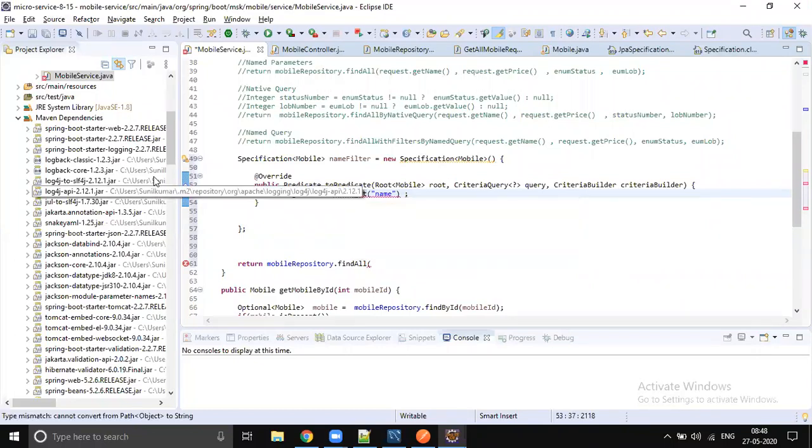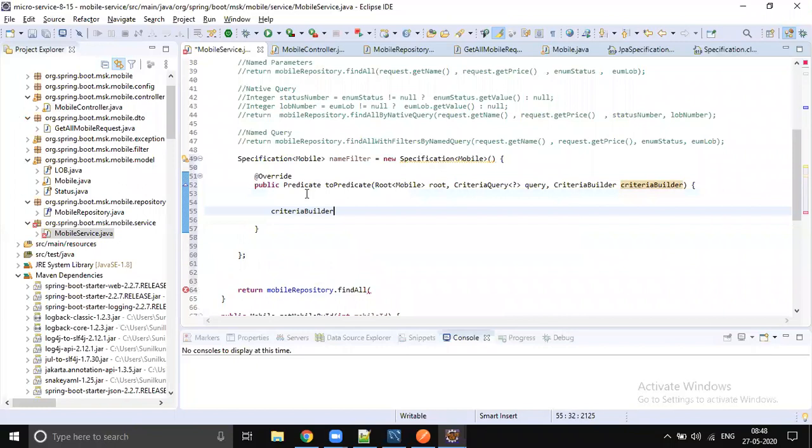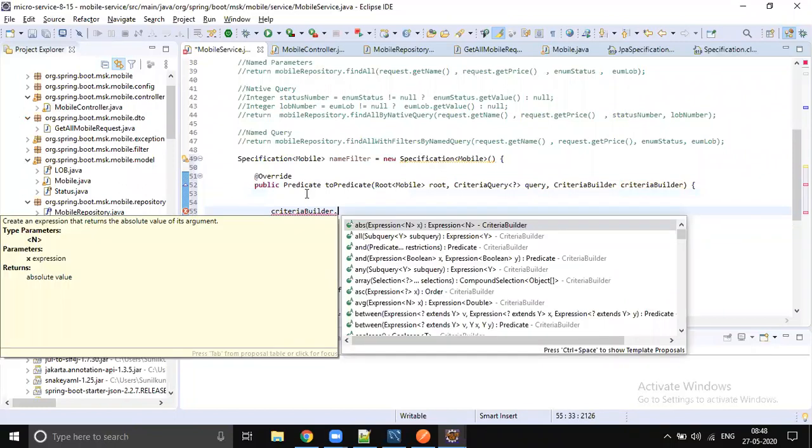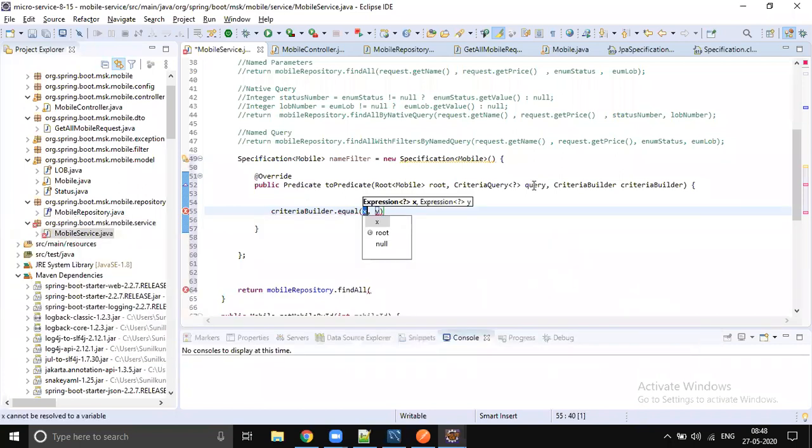Okay, let me cross check the code once. I think it's like criteria builder. So we should start with the criteria builder and equal. The first parameter is root dot get.